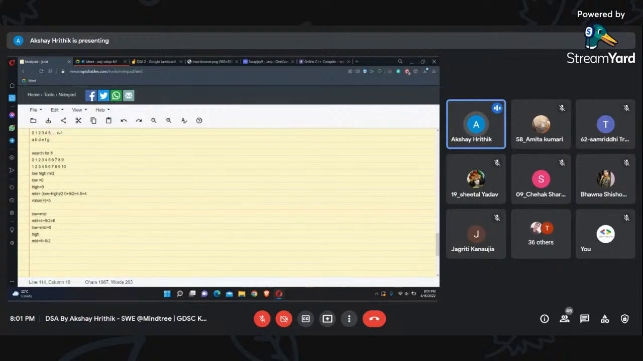So 7.5 becomes 7. So you're going to check the value at 7. It is 8. 8 is equal to 8. Element found. So how many times did we do this? We did this only 3 times. And we found that 8 is present,